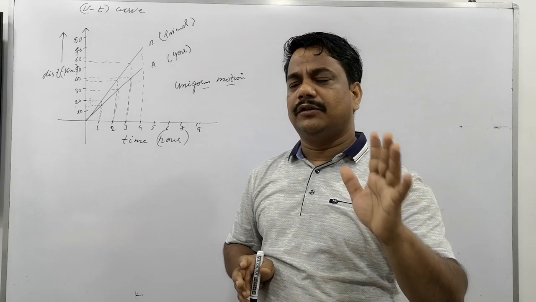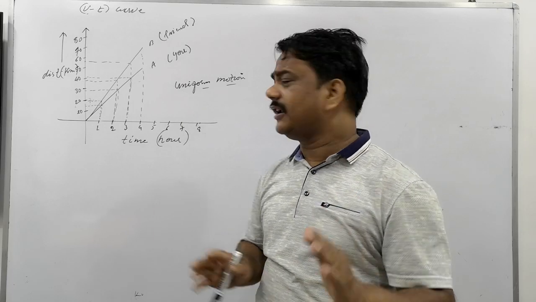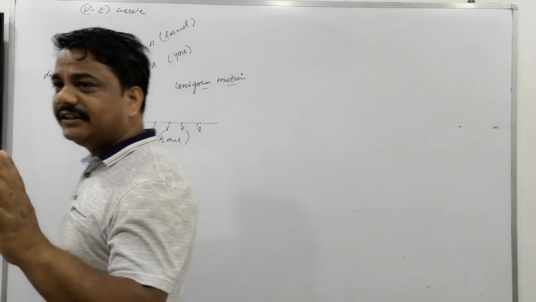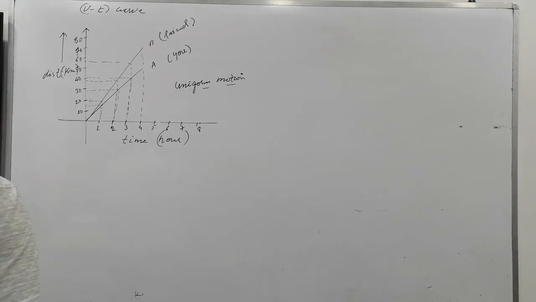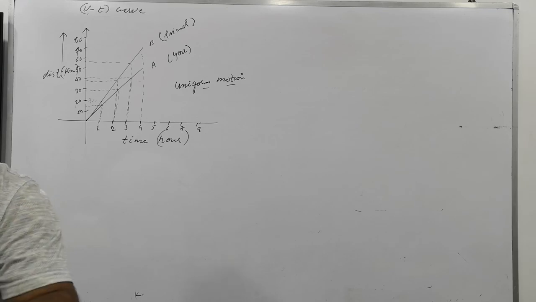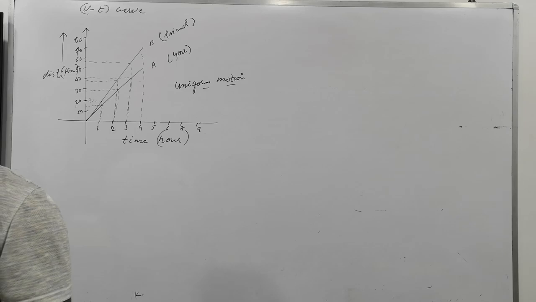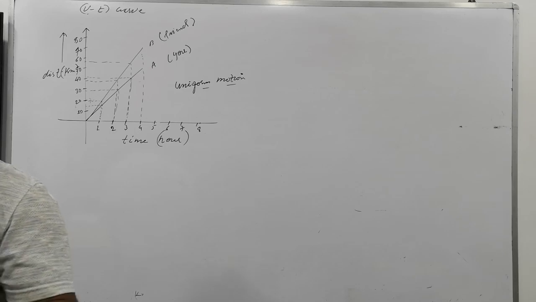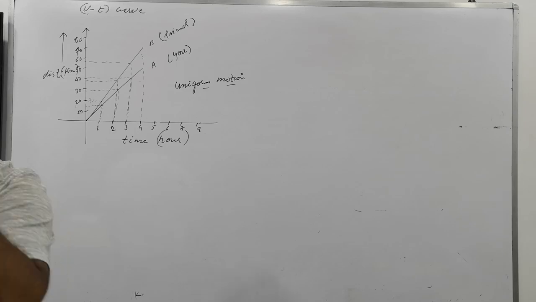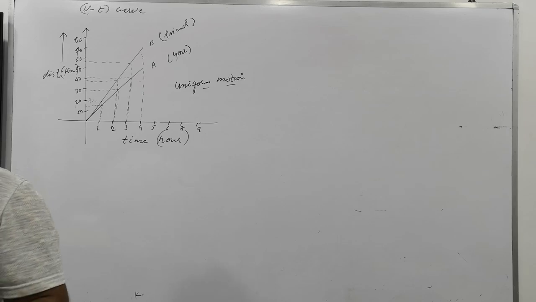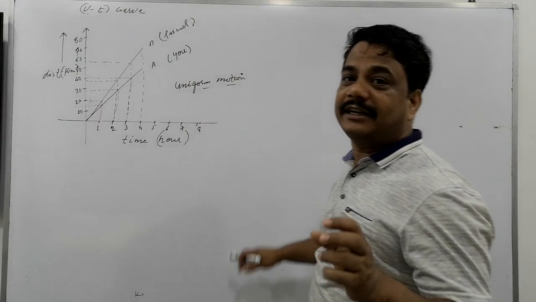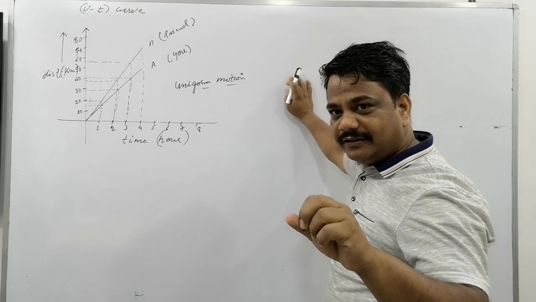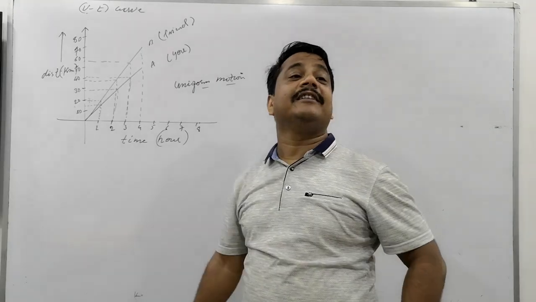Is that clear? So in uniform motion, speed is constant, fixed speed, and velocity is also fixed. Now tell me please, velocity is fixed means there is no change in velocity. So what is the change in velocity? Zero, exactly. Listen carefully, then you can reply. If the object is moving with constant velocity, then the change in velocity is zero. So what is this quantity, the change in velocity, called?